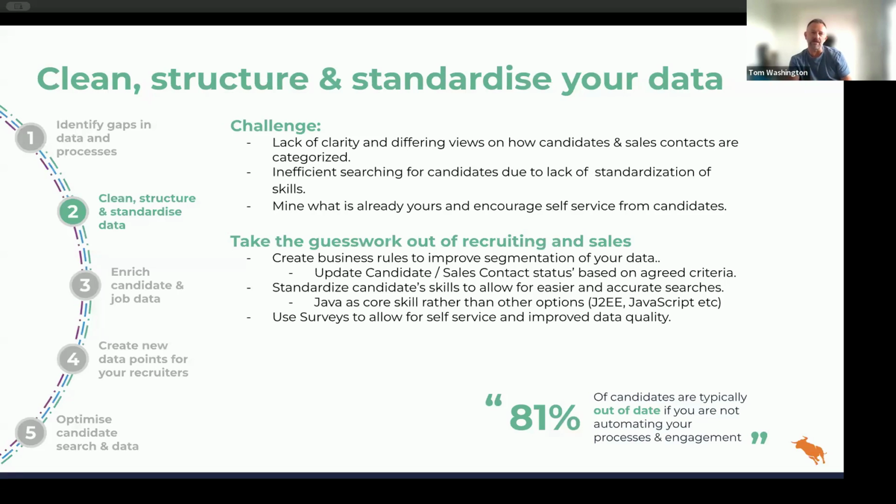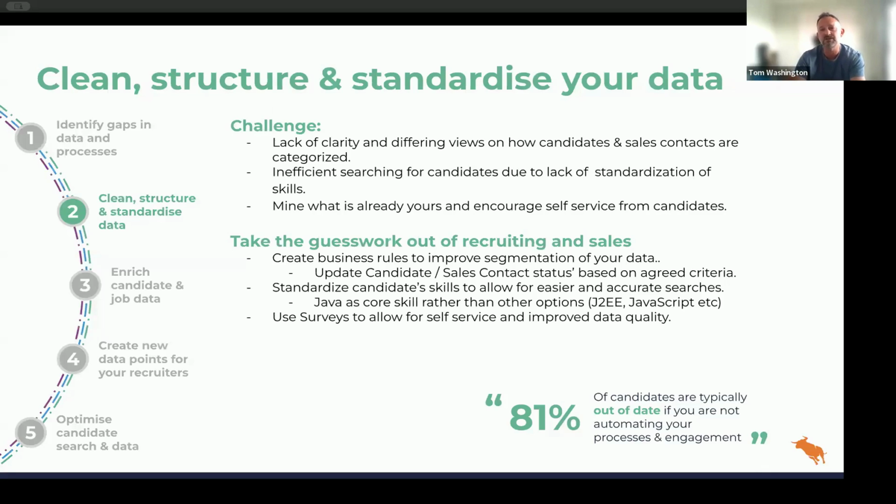The final point I want to talk about is using engagements or surveys within automation to help candidates self-serve. Okay, so anybody that's been on a webinar with me previously will have heard me talk about this, but just to give an example, most recruitment businesses, the vast majority of the candidates that live within your ATS data are effectively dead. Okay, and the reason I say that is because the information that you hold on them is very, very old. So typically speaking, when a recruiter builds a search, they start bringing up candidates. If you're looking at a CV or a resume which is 2, 3, 4 years out of date, the usual behavior is a recruiter will move on to the next candidate because the information you hold is so old.